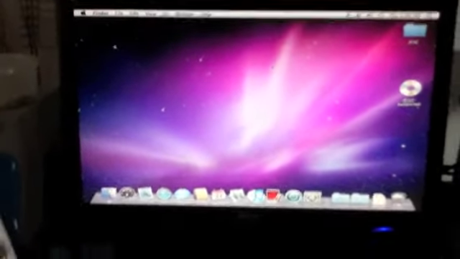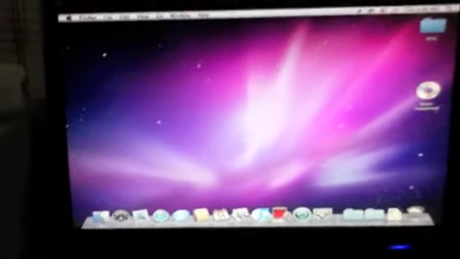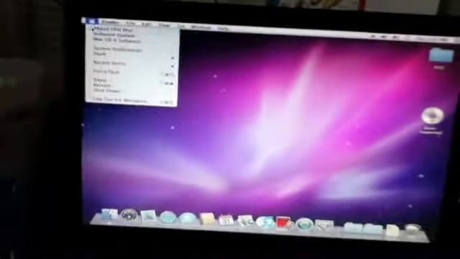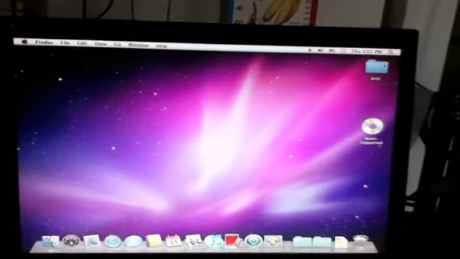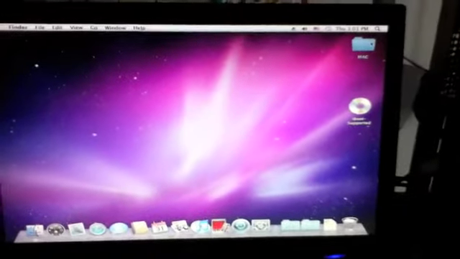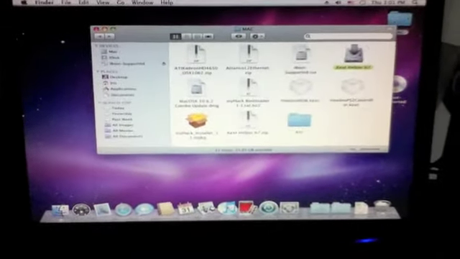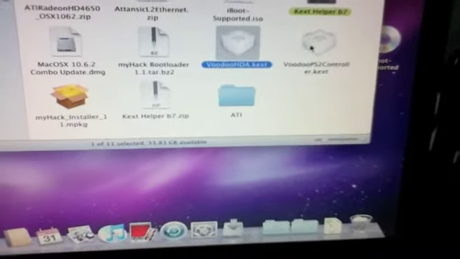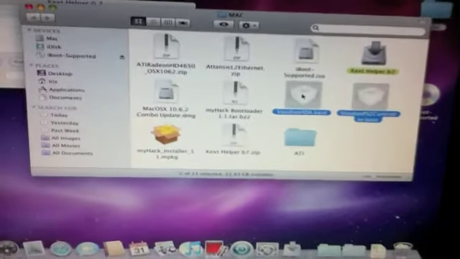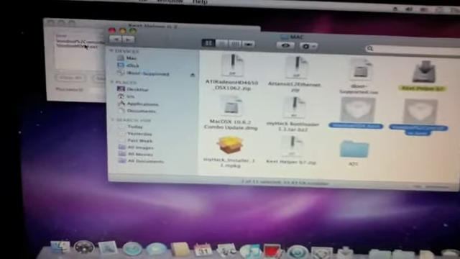Okay, I noticed that the keyboard doesn't work, and the sound doesn't work also. So I rebooted again using the iBoot supported disk. It's back into my disk drive, but now I have Mac OS X 10.6.2. So to resolve the issue with the keyboard and mouse and the sound not working, we need to install the drivers first. So open Kext Helper, drag voodoo hda.kext and voodoo ps2 control.kext into iBoot, to the Kext Helper,